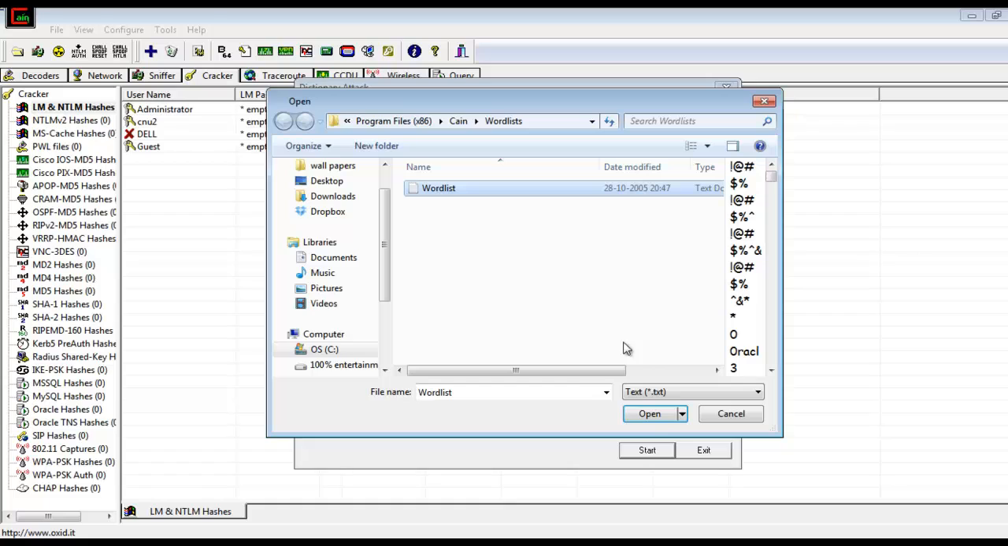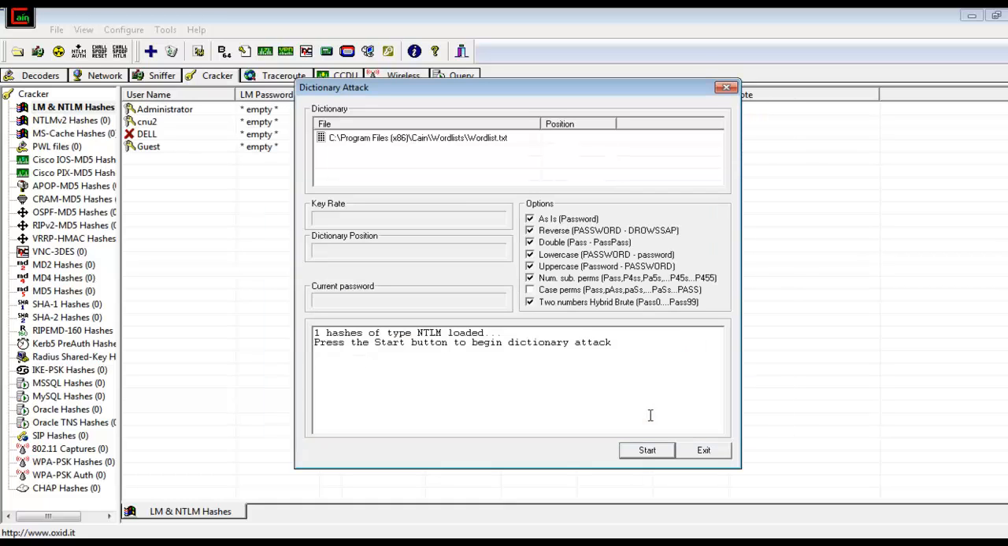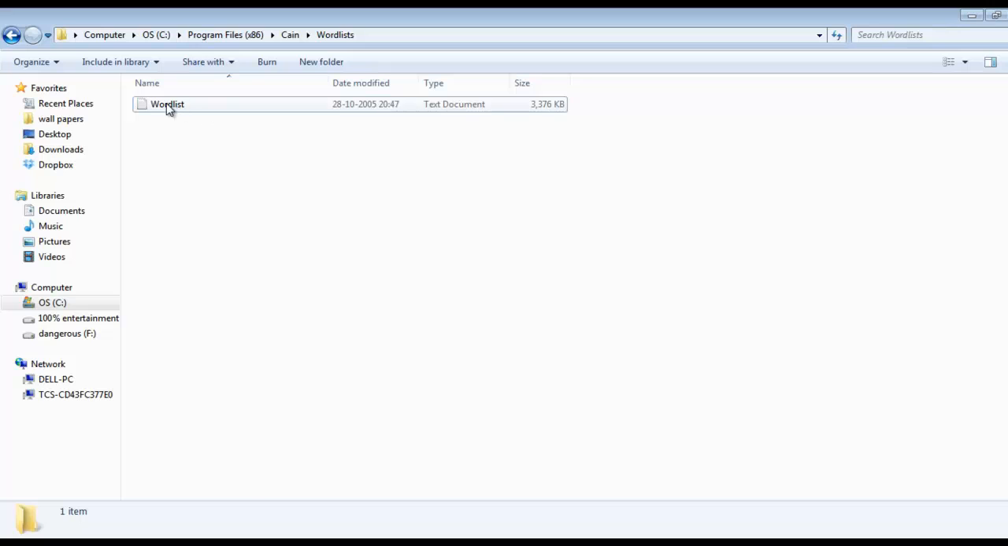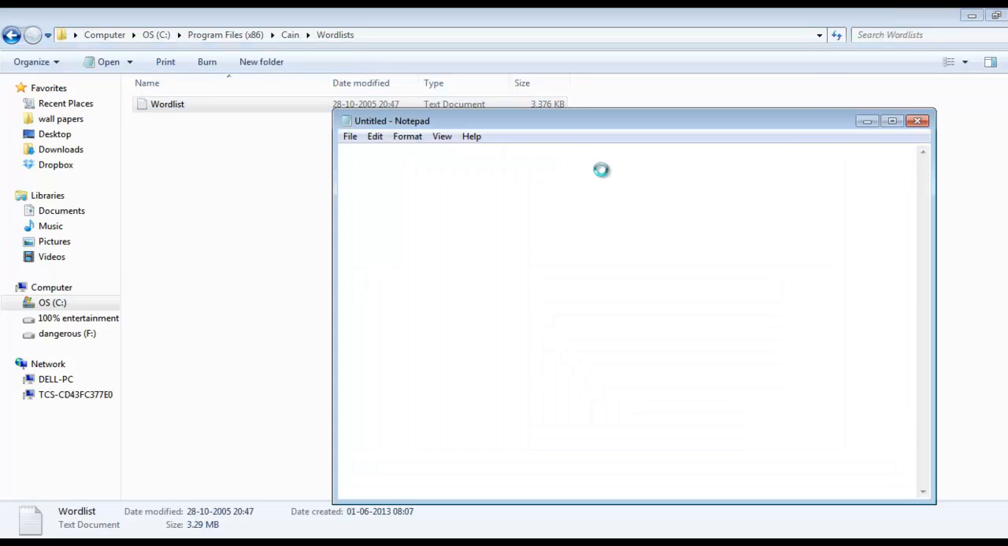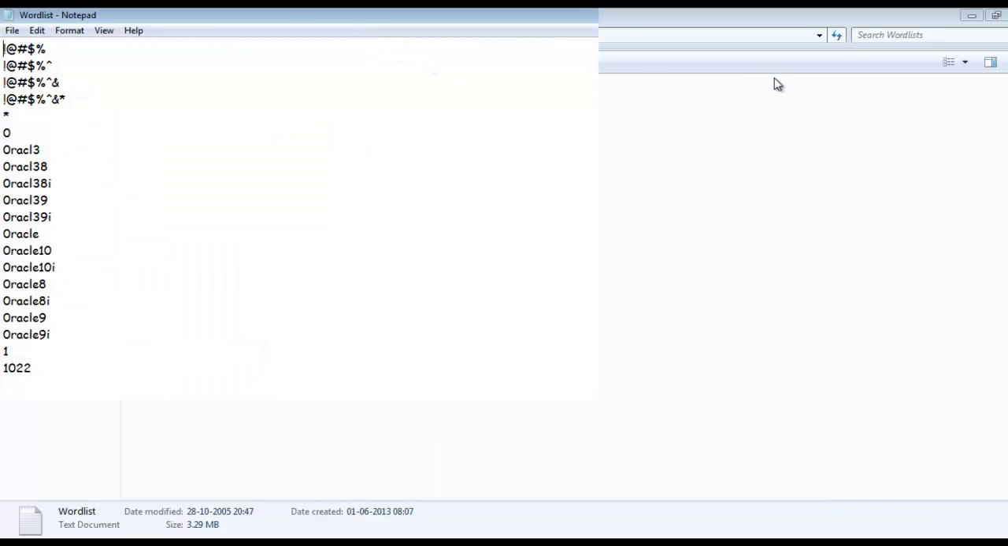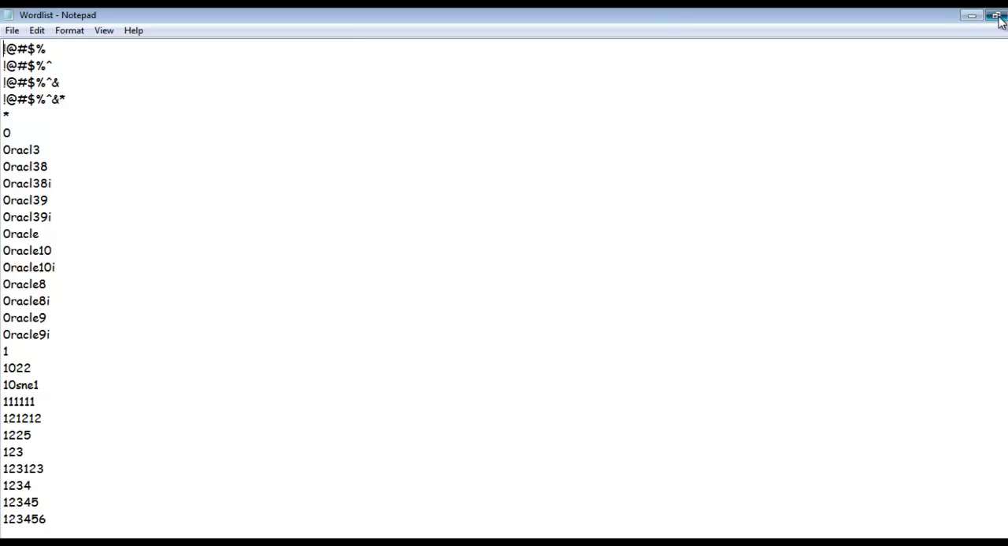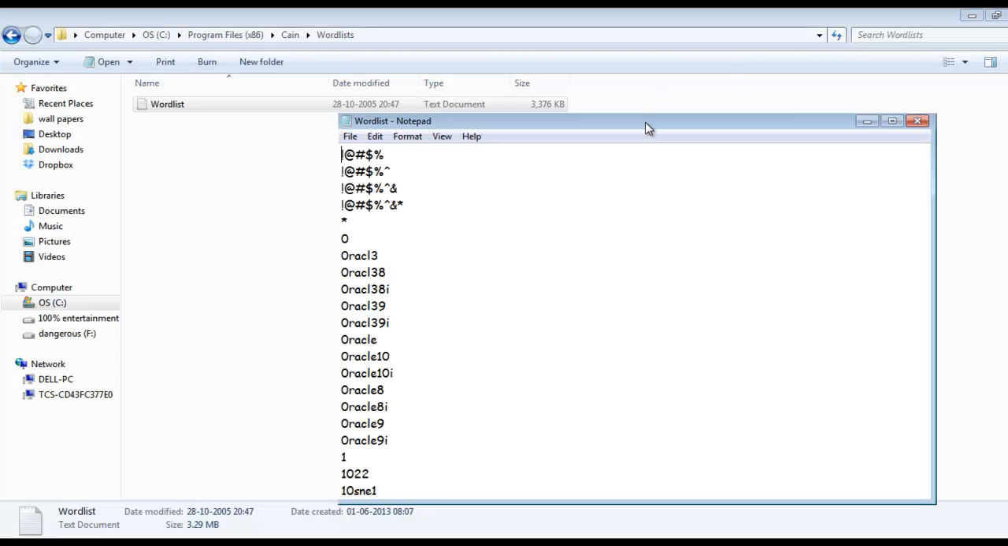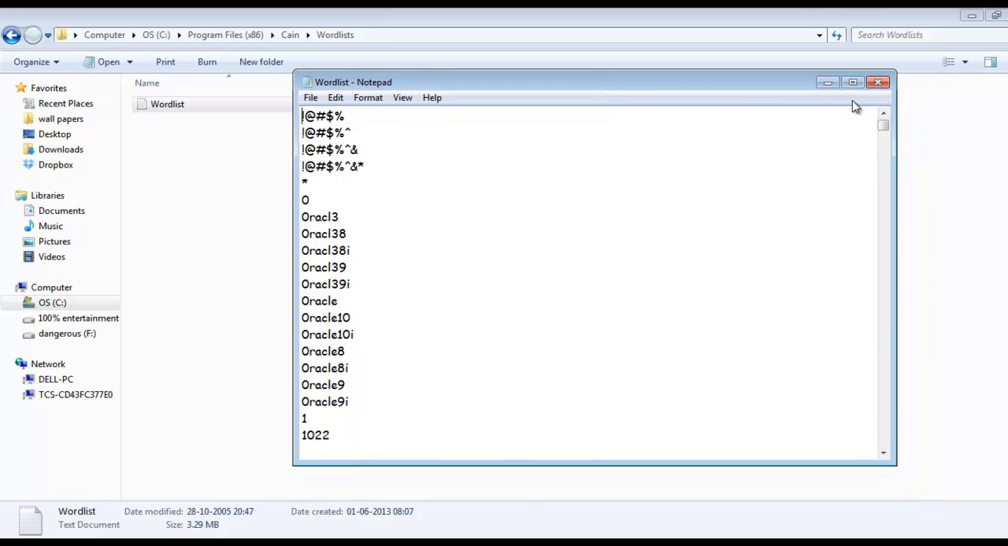I'm just clicking word list, open, and it is there in C program files, kane, wordlist and wordlist.txt. If you go there, you can just open it, and you can see it has a list of passwords in it, and